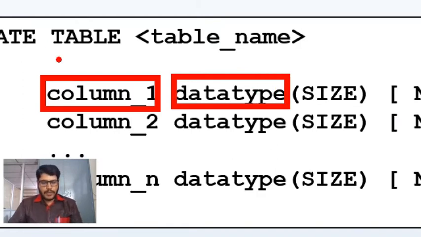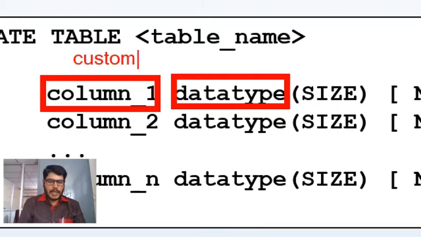Suppose I mention the column name as customer ID, if I leave a white space here and give ID, and after this give a space here, now I'm going to specify number as a data type and I'm going to specify the size for this.